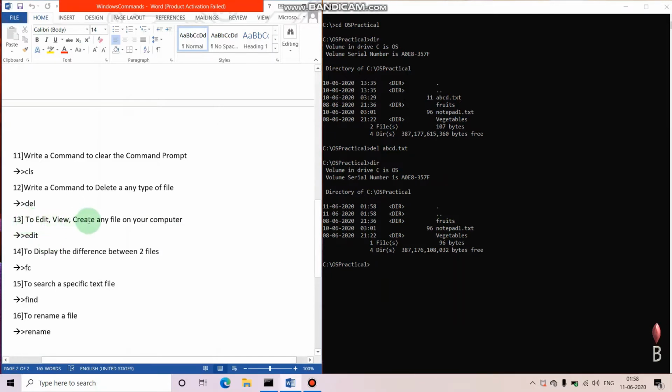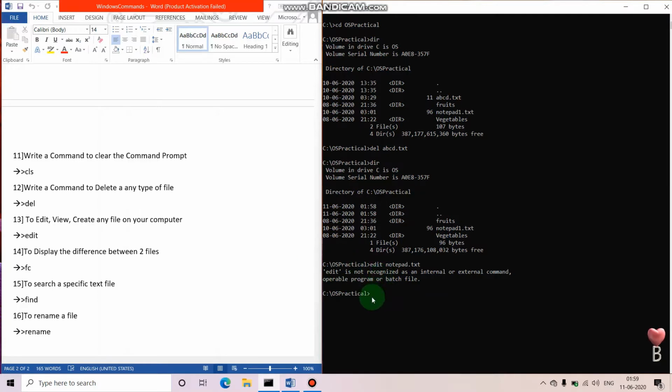To edit, view or create any type of file on your computer, you have one command, the edit command. But when I use this edit command here, it will show an error: edit is not recognized as an internal or external command, operable program or batch file. This is because this command is not supported by this version of Windows.